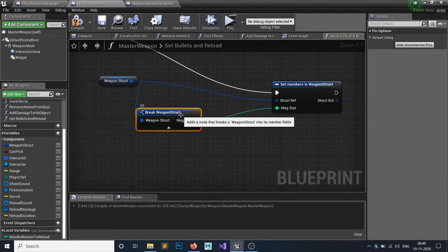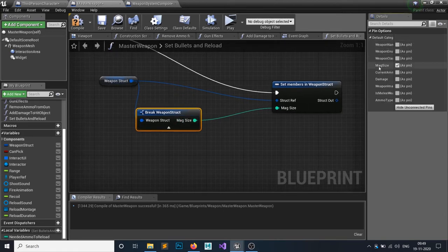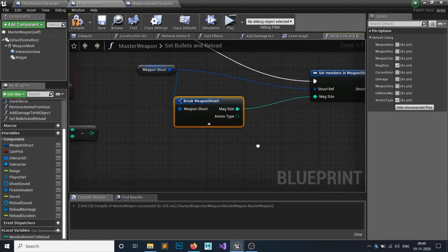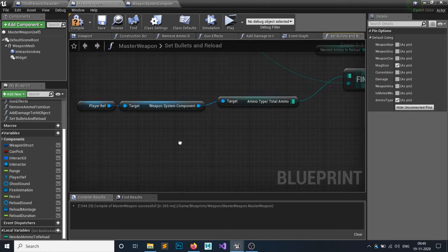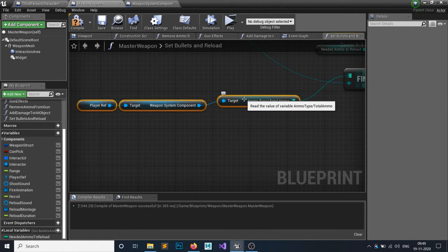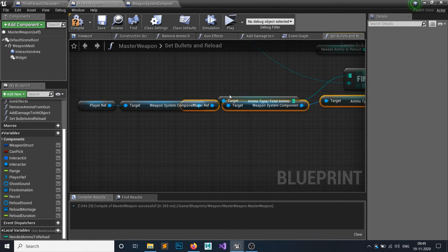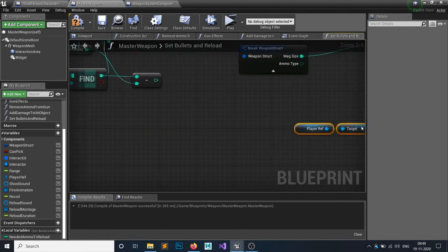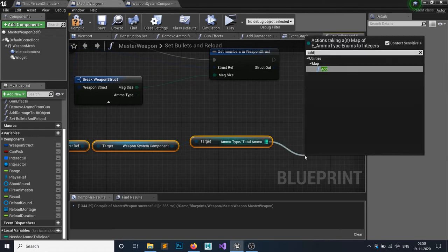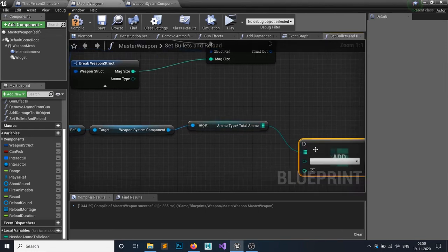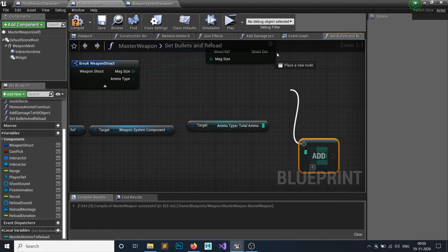And in here I need that ammo type, right, so that I can remove my ammo from my inventory. So I will get this guy and Control W to duplicate that, and I have to update this ammo. So I will simply add, so this will first find this ammo type and it will add something in it.